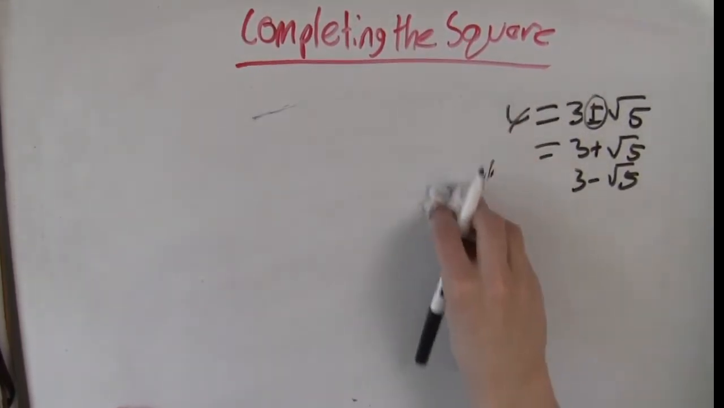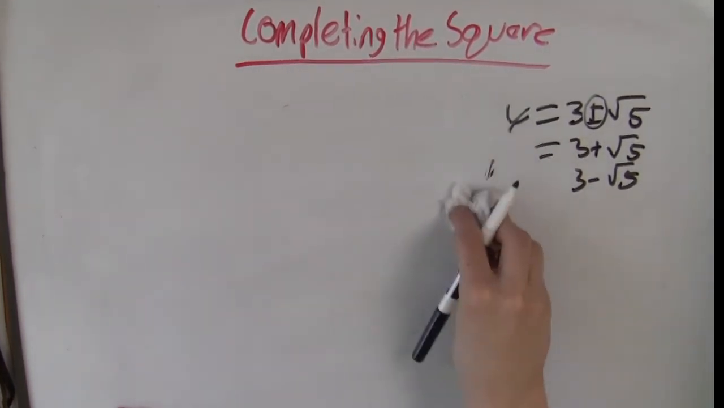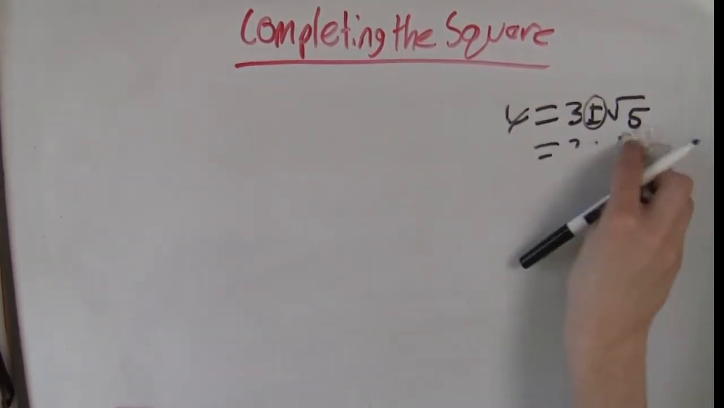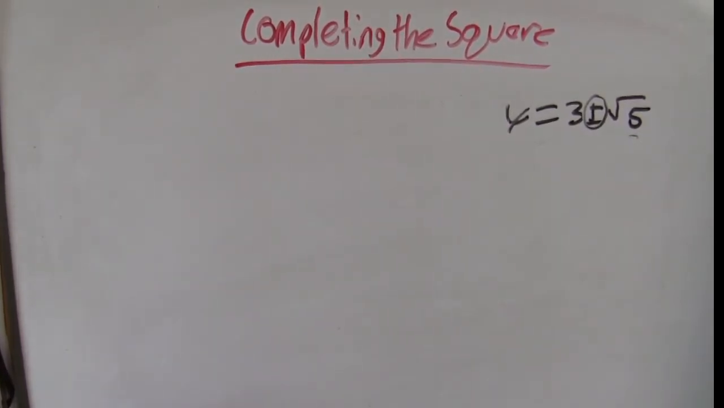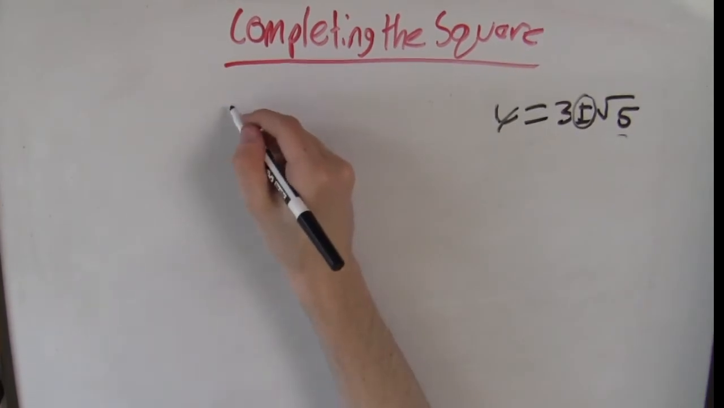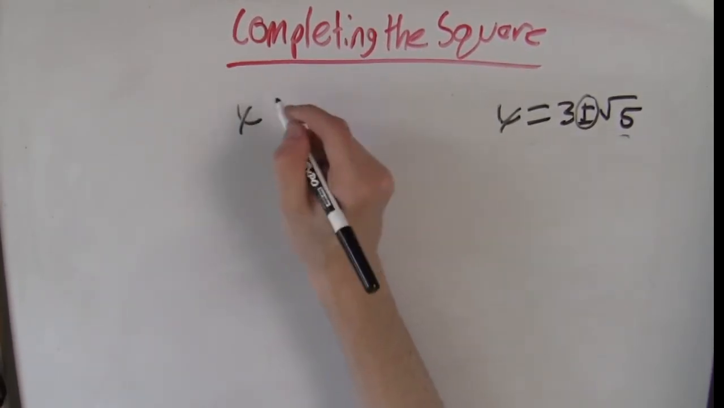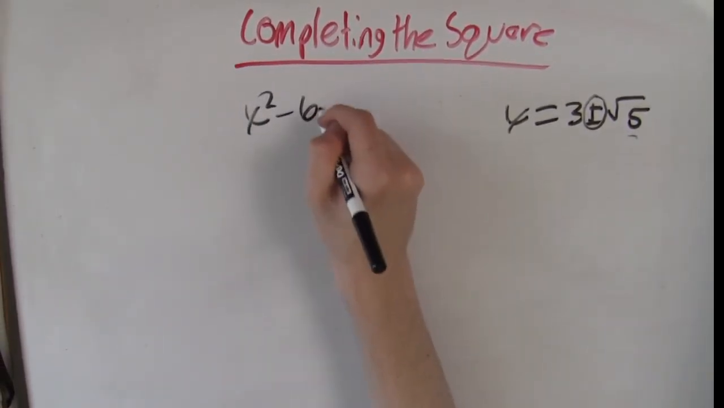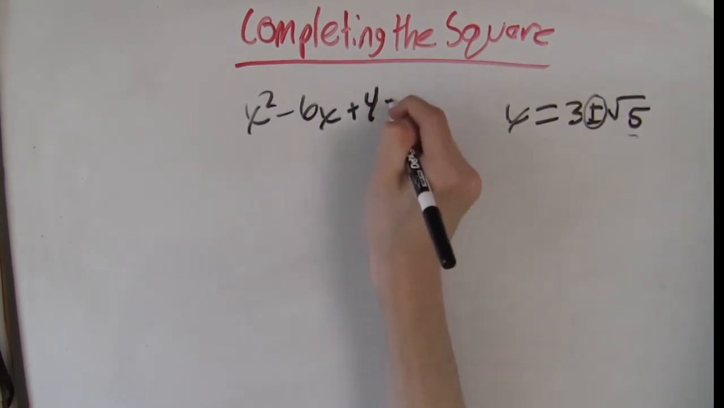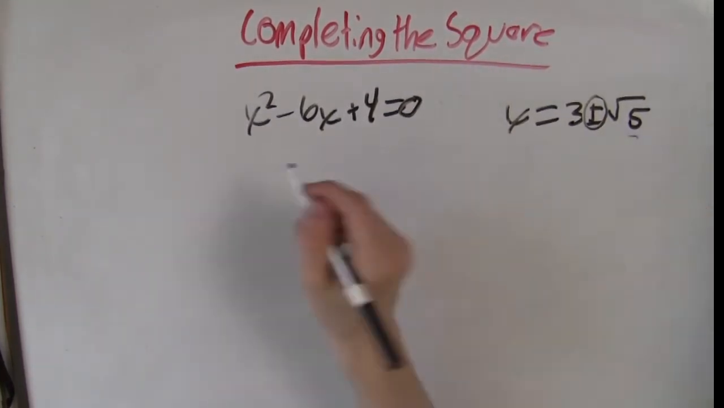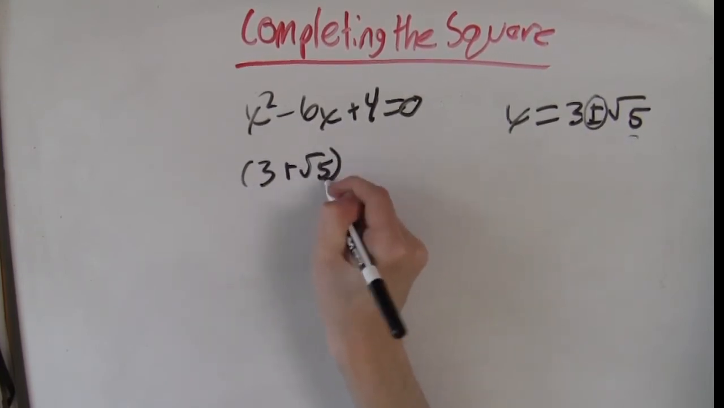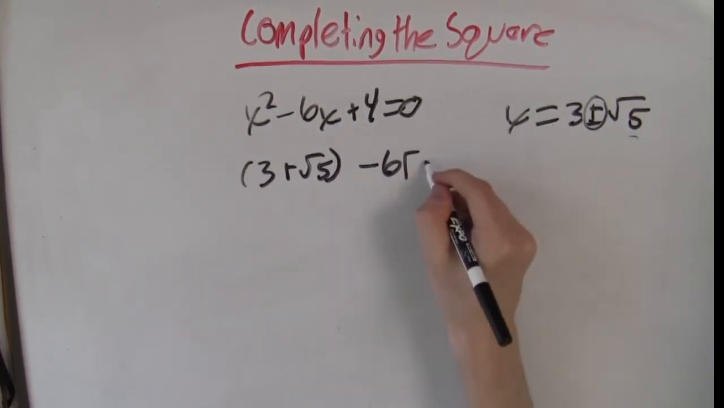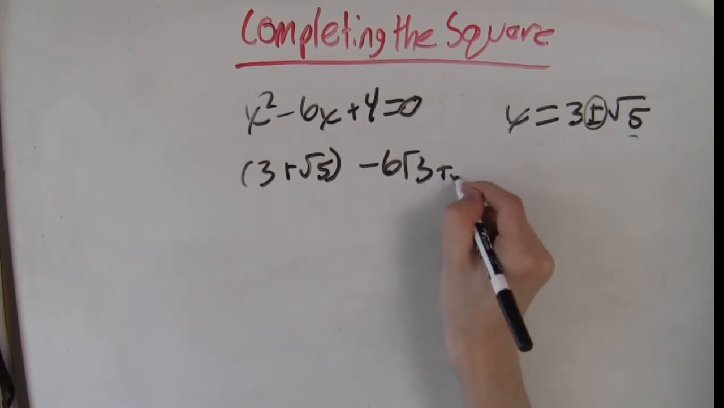There's one last thing, though, that you do need to be careful of, and it's always a good way to check your work. We get these solutions, and especially when you're working with square roots, we want to make sure that your solutions are valid. So it's always very important to take them and plug them back into your original equation, x² - 6x + 4 = 0. So if these work, if I plug in 3 + √5 and 3 - √5,